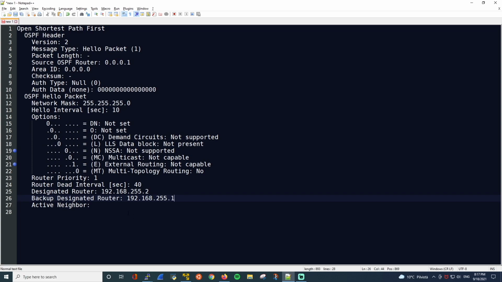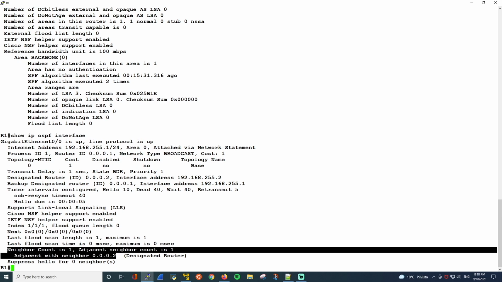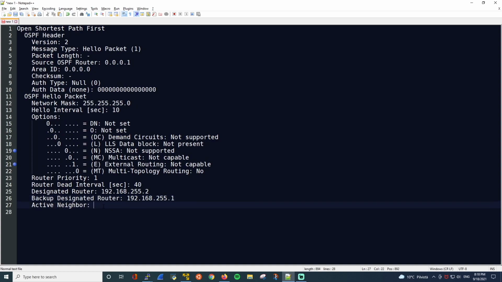If we go back to the command output, you can see that there is no such information here. It doesn't say active neighbor anywhere. Actually, I have misspoken, because if you look at this line right here, it does tell you exactly that information. It says the neighbor count is 1 and that the router is adjacent with 1 neighbor, and here's the router ID. So this is the information we can use to put into our little OSPF packet. There we go. Okay, our OSPF Hello